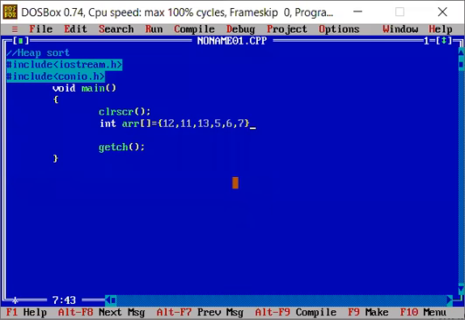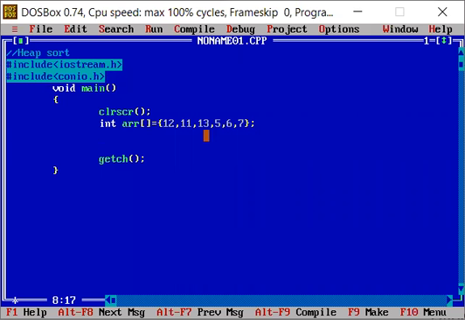So this is not a max heap. We can see that because there is 13 element inside it. So we'll make it a max heap, or we can make it a min heap and then sort the elements. If we want to sort the elements in ascending order, then we'll make it a min heap. Otherwise we'll make it a max heap. Okay, so let's see what we are going to do today. Okay, then let's start.